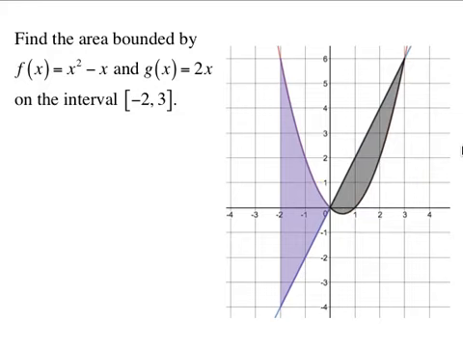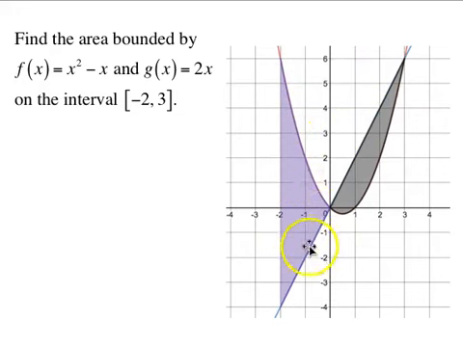You can get them by looking at the graph, or you could just solve the equation x squared minus x equals 2x. But this is a little different because I've told you to use the interval from -2 to 3, the area bounded by these two functions on the interval from -2 to 3. Well,